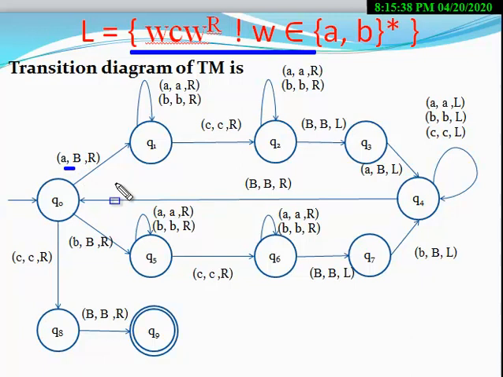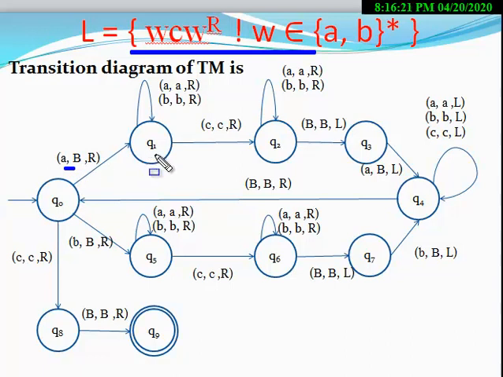Now, suppose the first tape symbol or the input symbol is A. In this situation, when the first tape symbol is A, the machine changes its state from Q0 to Q1, right? And A is replaced by blank. So here we replace A by the blank symbol B, that is, A is removed. And also we move in the right direction. R denotes the right direction. Now after applying this transition rule, the machine goes to the state Q1.